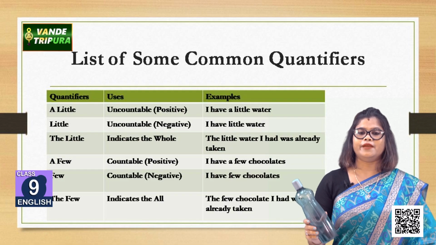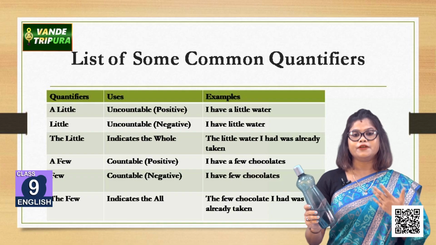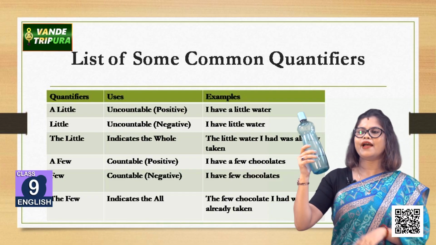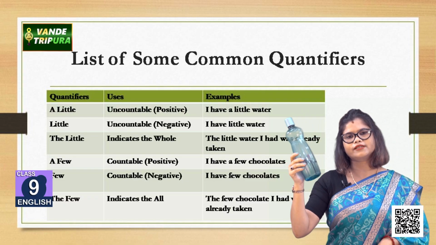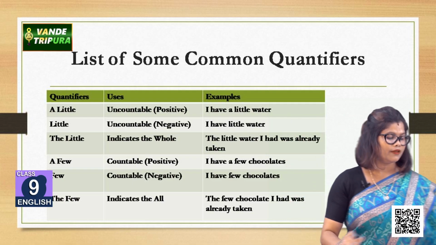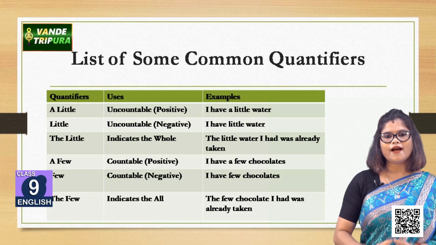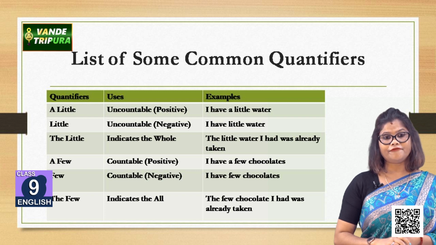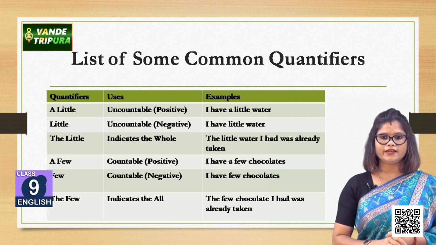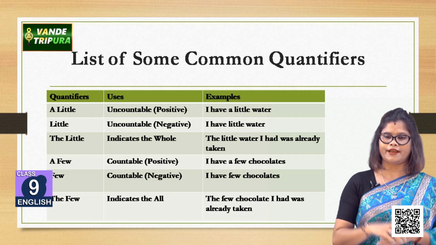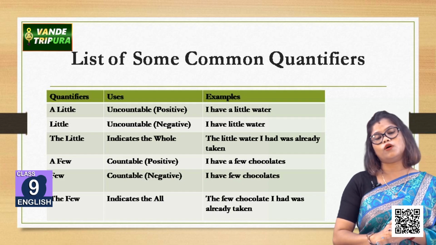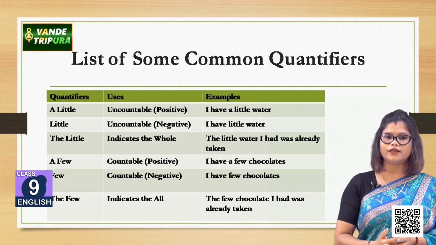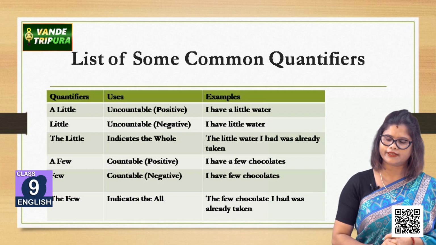Again, if someone asks me can you give me some water, and if I mean to say that no, I don't have enough, then I can say no, I have little water, আমার কাছে খুব কম জল আছে, ঠিক আছে। তাহলে এটা কি বোঝাচ্ছে, so I have little water means আমার কাছে আছে but not enough to give, and if I say that the little water I had was already taken, এরকম যদি আমি বলি, that indicates the whole quantity of water, ঠিক আছে, যেটুকু আছে সবটাই দিয়ে দিয়েছি, so the little is used to indicate the whole, ঠিক আছে।